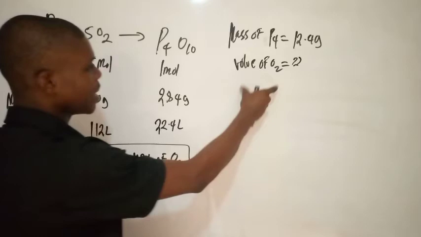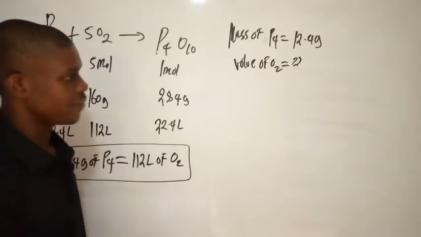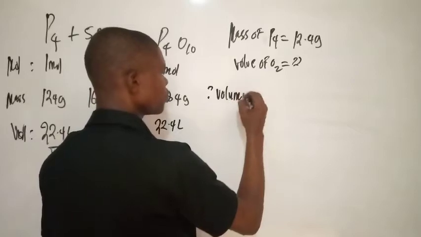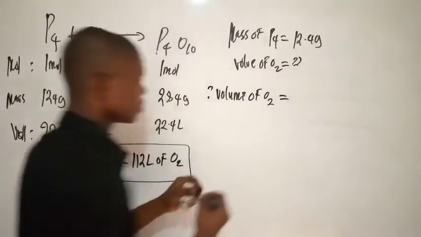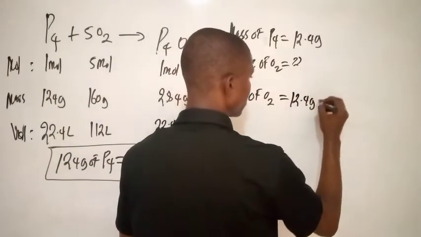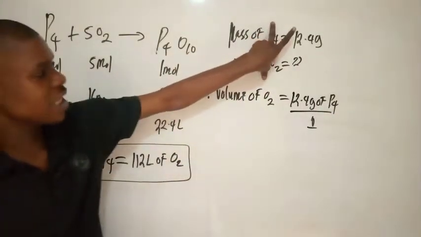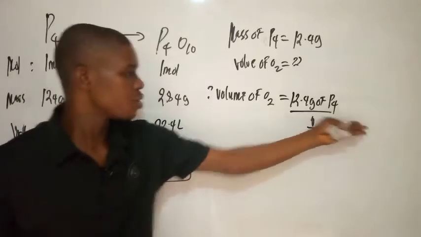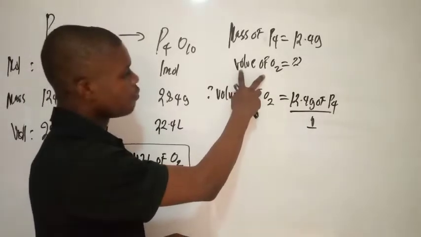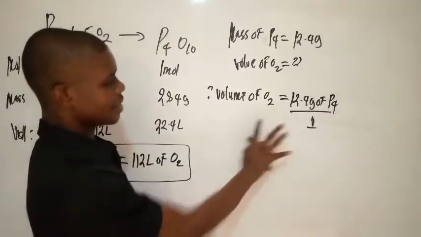So now I want to write a mathematical statement, a way you can convert it to solve it, right? Please listen to me carefully. What are we calculating here? We are calculating the volume of O2 equal to. Now, what are we given? We are given 12.4 gram of P4, right? So now we are writing this in the mathematical statement. You get that? We are looking for the volume of O2, and they give us the mass of P4, right? So we are going to write like this: times,